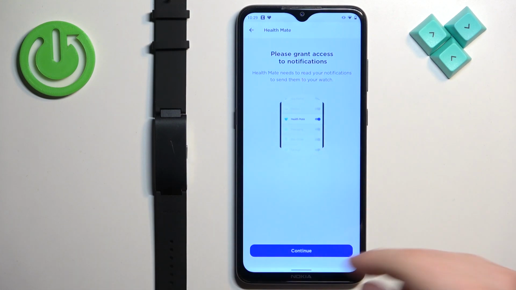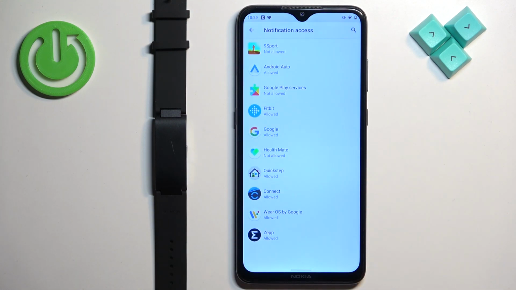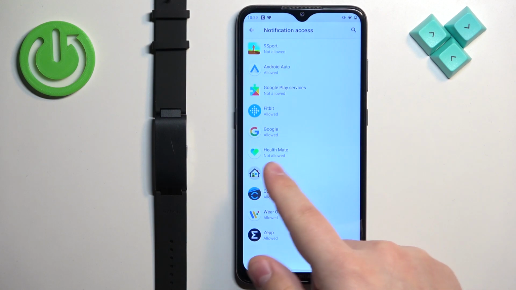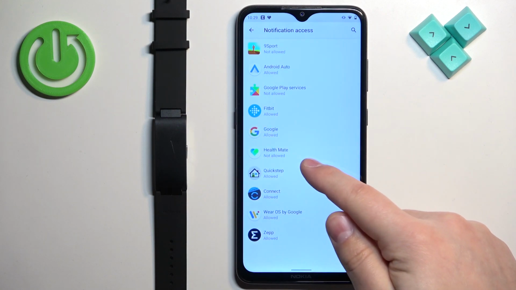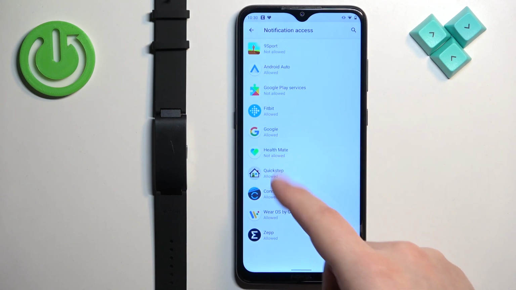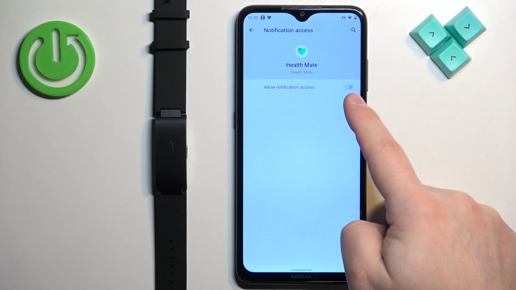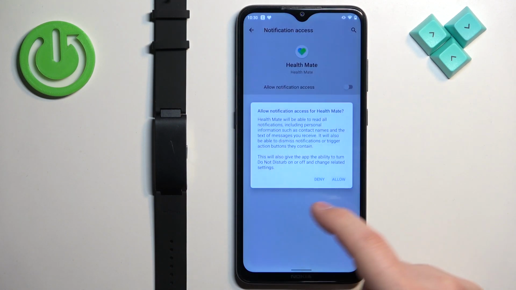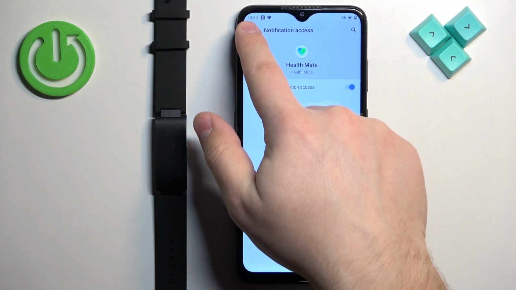If you see this message, tap on continue. Find the WITHINGS HealthMate app on the list of notification access, or it's gonna be called something else on the newer versions of Android, but basically you need to find the HealthMate application, tap on it, and tap on the switch next to allow notification access, then tap on allow,